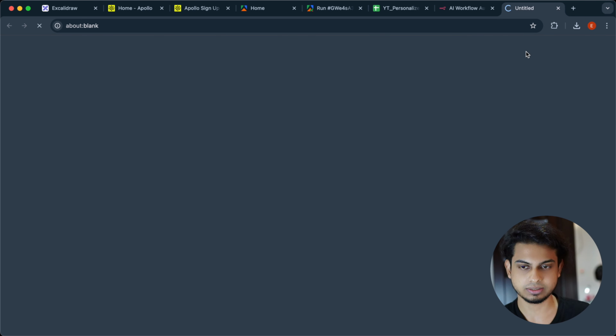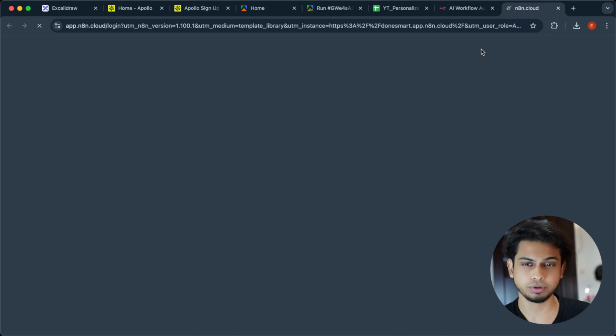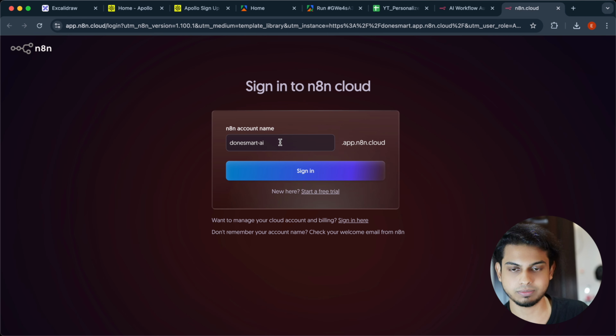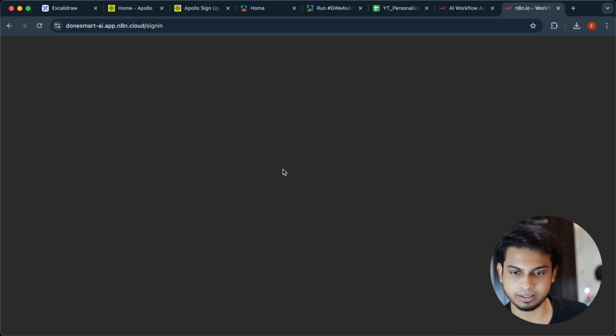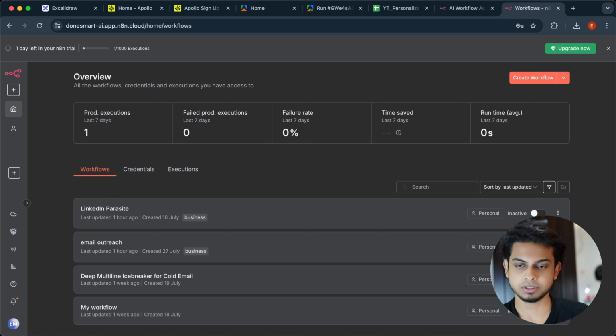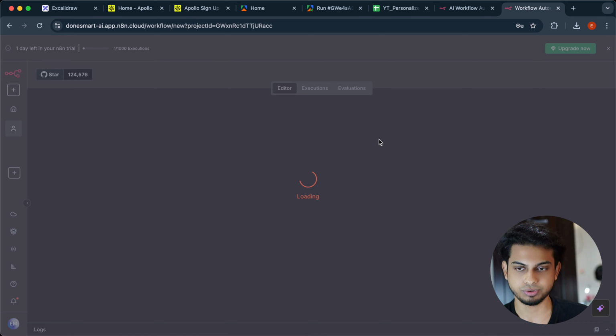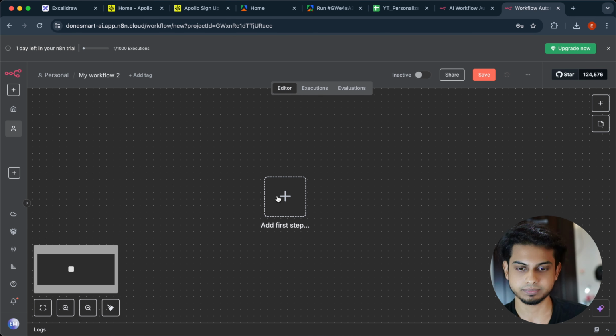I am gonna hit sign in. Now, if you do not have an account, you are basically gonna create a new account, and then it gives you a 14 days free trial, so you can play around with it. I have an account already with n8n, so I'm just gonna hit sign in. Now, after you sign into your n8n account, what you're gonna do is create a new workflow. Okay,